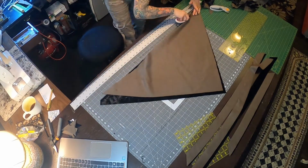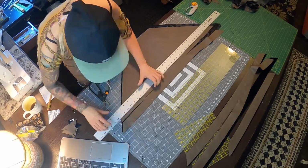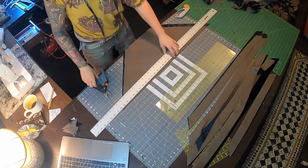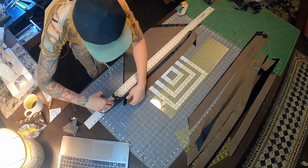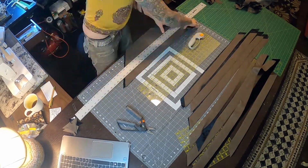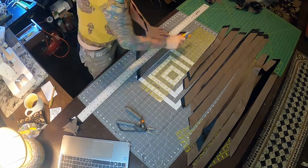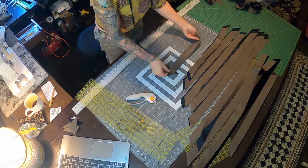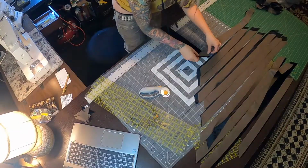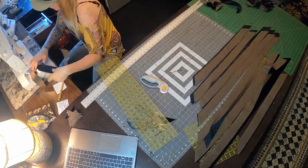Hey guys, this is the decorative tack tutorial and we're getting right into the prep work, where here I am prepping the bias tape, which we are making from black velvet, and this is 1.5 inch bias tape. And what I did was I took the fabric, the way it was cut, and I folded that in half and I cut a square out of that half. When it's folded into a triangle, I use that triangle and then cut diagonally on the bias to create strips,